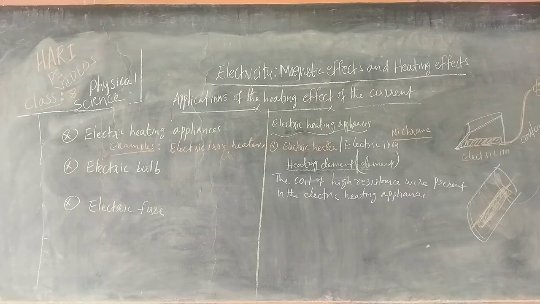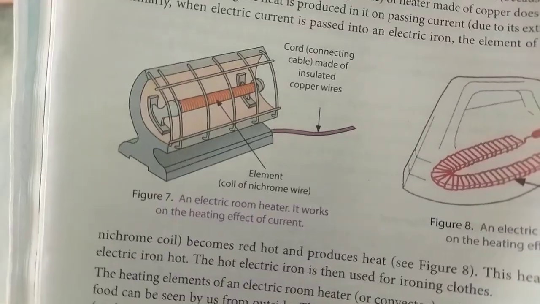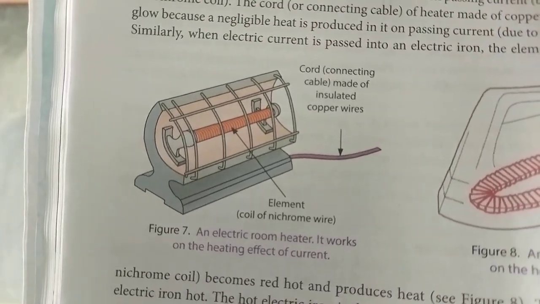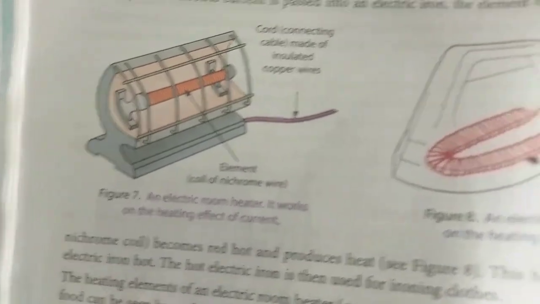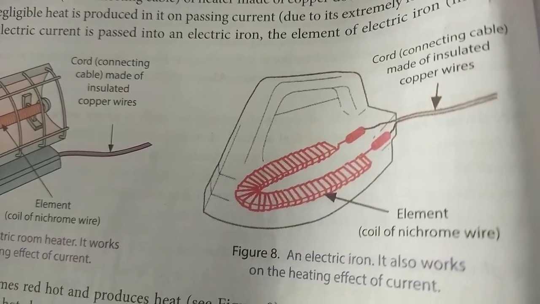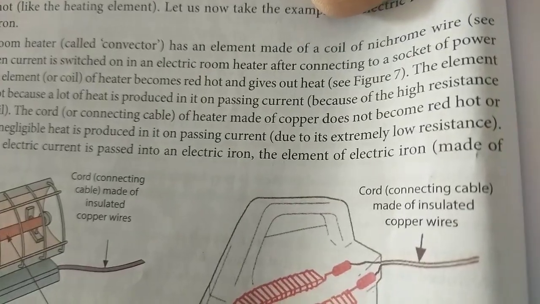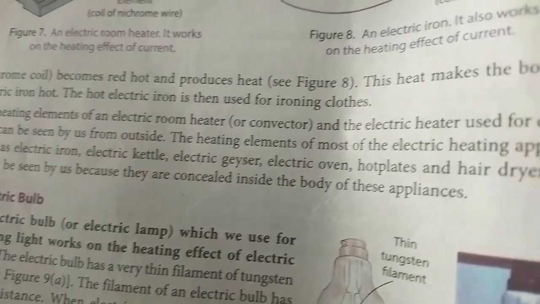Let's see a picture of how these are placed. Here is an electric room heater. It works on heating. The element of nichrome wire is given. Similarly, an electric iron is also given, right? How do these work? Electric current is passed through it. Then what will happen? Due to its high resistance,